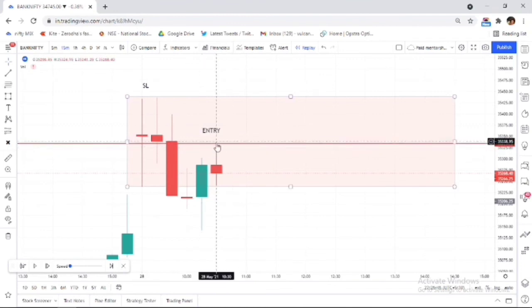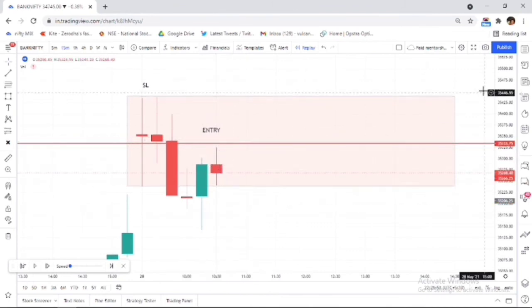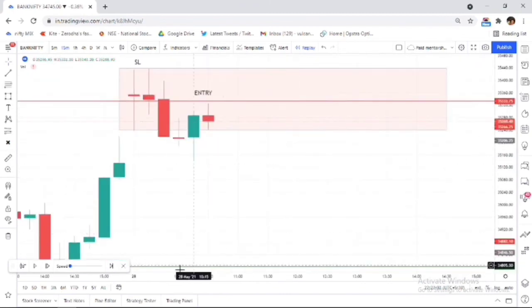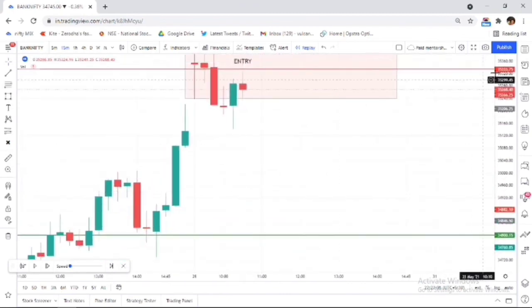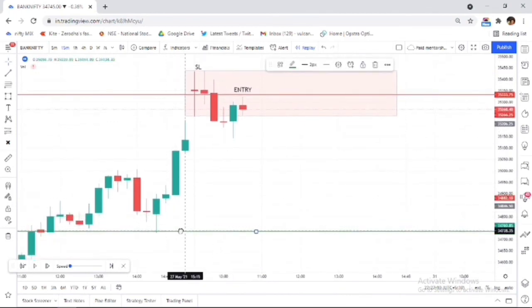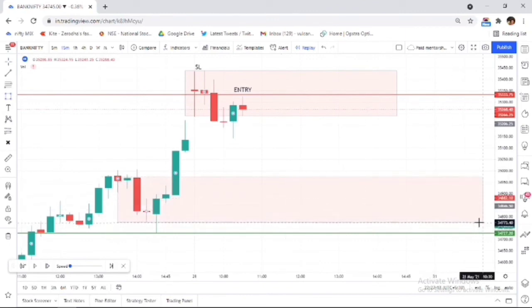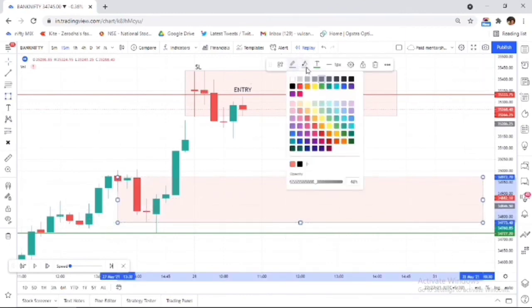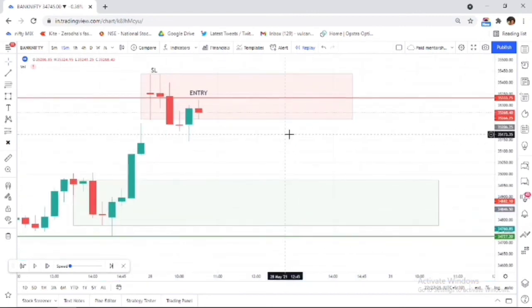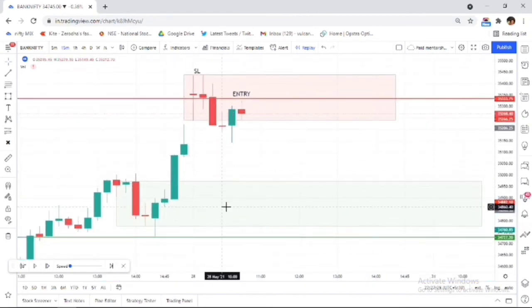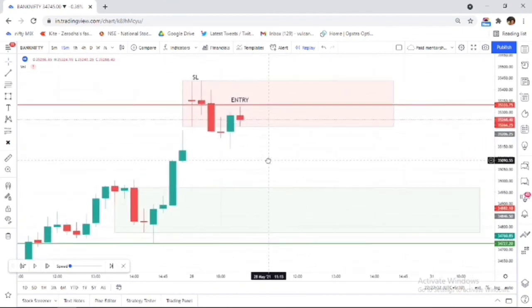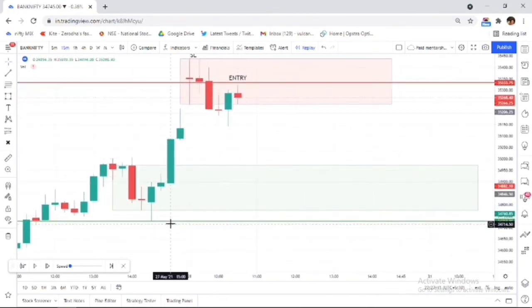See how the market came to my threshold line and took orders. So you enter just before the market touches your threshold line, so you do not miss any entry. And what happens here is there is also a bullish order block just below your bearish order block. So if you short the market from that point, you should be aware that there is a bullish order block also. I will exit when price touches my bullish order block, and that will be my safe target.